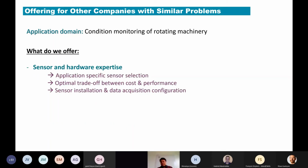So we can offer our expertise in defining sensors and hardware, because one of the challenges in this kind of problem is that, okay, we have an asset, but we also need to impose some domain knowledge in order to define and select relevant sensors and data acquisitions. If you don't have this knowledge, from our experience, potentially we don't collect the right data. So if you want to build a robust and reliable system, we need to not only apply data-driven techniques, but, as Klaas mentioned earlier, a gray box approach. When we combine physical insight or domain knowledge and data, this will typically, from our experience, provide